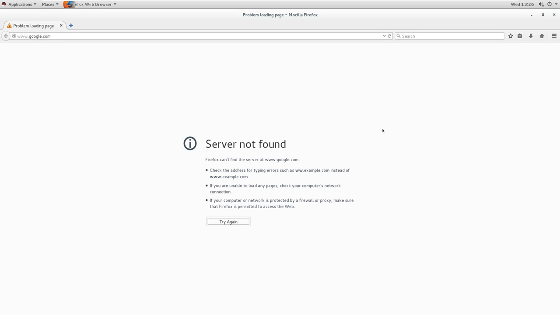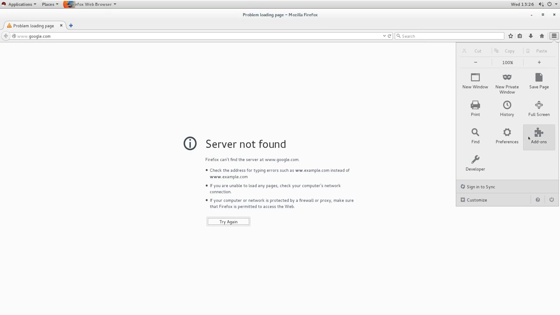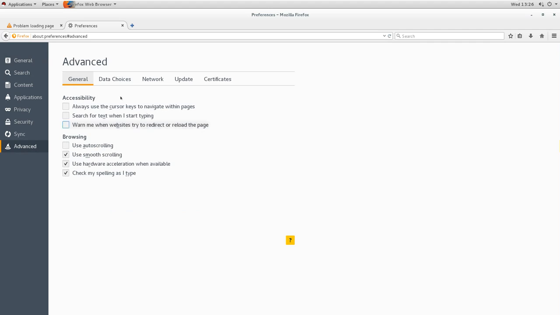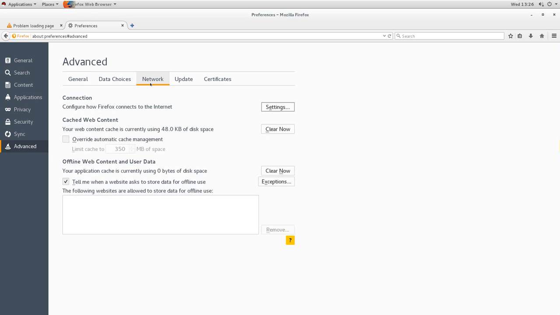So for using the proxy server, we have to configure the browser. In every browser, whether you are using Firefox, Chrome, Windows Internet Explorer, or Opera, whatever browser we are using, there is a setting to configure the proxy. So you have to go to the settings of the browser and find the proxy. I'll go to advanced. In Firefox you will find it under advanced, network, and here you will find the connection settings,